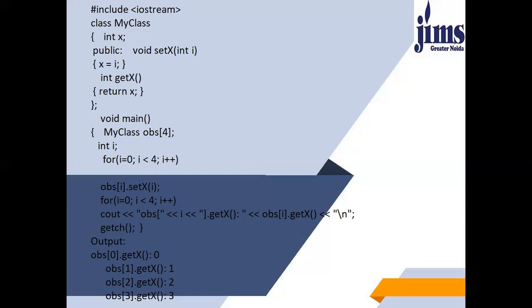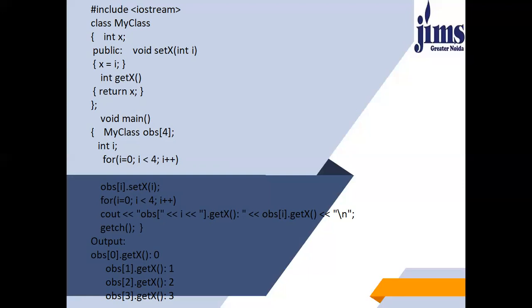Then you can see the output as well. Firstly, the value of i is equal to 0. So we get obs, in the index we get 0, dot getx, and the value is 0. Then i plus plus, the value of i is incremented by 1. That's how it becomes obs1 dot getx. This obs1 dot getx, as it is written in double quotes, you'll get as it is till the semicolon. Then in place of obs i dot getx, which is not written in double quotes, you will get the value of this particular function, which is 1 in this case.